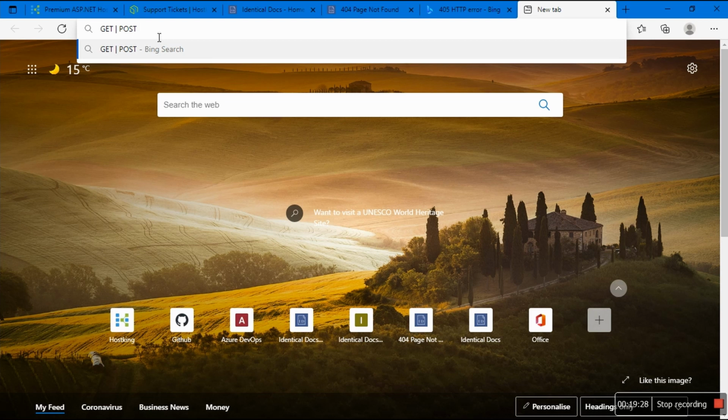Now, the 405 HTTP error works with these two: PUT and DELETE. They are not allowed by default. In fact, your web application doesn't allow this by default. I can be corrected, but I know the web application doesn't allow this by default, and therefore the web server doesn't either. You're going to have to explicitly say, I want to allow HTTP PUT when I edit a record, and I also want to allow DELETE when I delete a record.